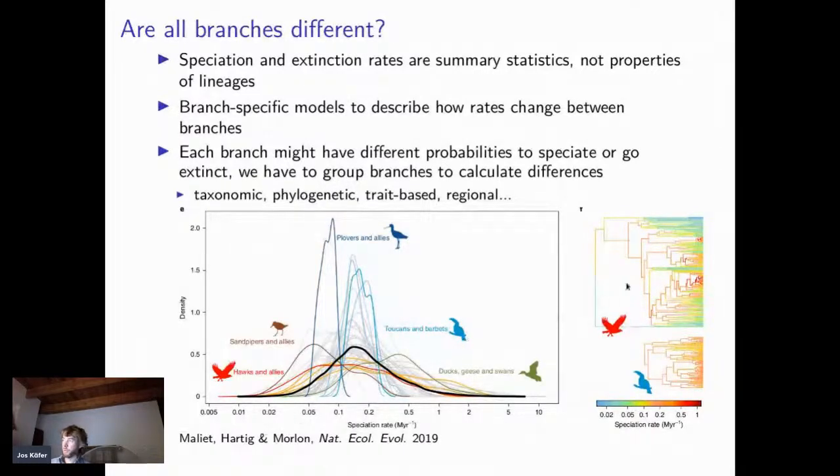So here, which is colored here, this is the group of hogs, the diversification rate of these species. You see there's a lot of variation, but then you somehow have to group them together to make sense out of this. I'm not into bird biology, so I don't know actually what their conclusion was. But it's just to show that you need to group the species and the lineages together in order to be able to test if there are differences between traits or groups.